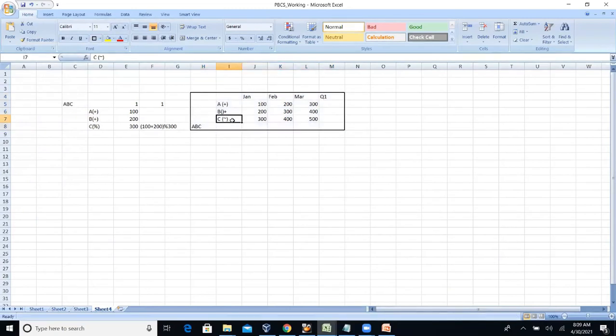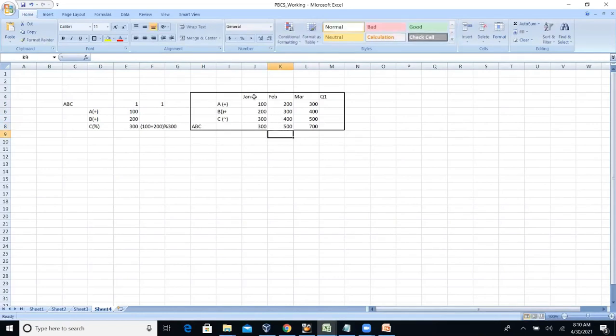Suppose, for example, if you put C as ignore, this amount doesn't aggregate to the parent. Here under ABC, A is plus and B is plus and C is ignore. When we are aggregating, it will sum all the members, but if you put ignore here, it will sum these two members. That means 300 comes to the parent. Here 500 comes to the parent. Here 700 comes to the parent.